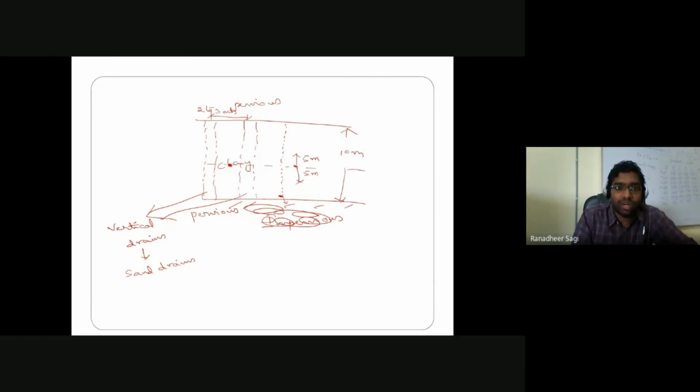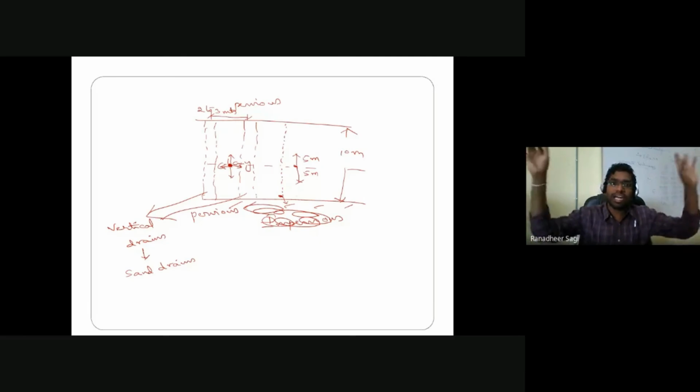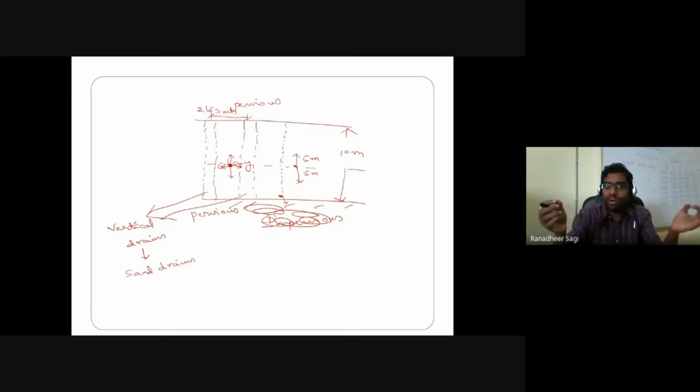Will the water particle now travel in the upward direction or in the downward direction? It will not travel in either the upward or downward direction. It can easily travel in the lateral, radial direction, to get dissipated into the vertical drains, because vertical drains are nothing but drainage paths. The water particle easily moves into the vertical drains and gets drained out of your clay soil. So the distance your water particle is now required to travel has further come down from 5 meters to approximately 1 meter or 1.5 meters. That's it.